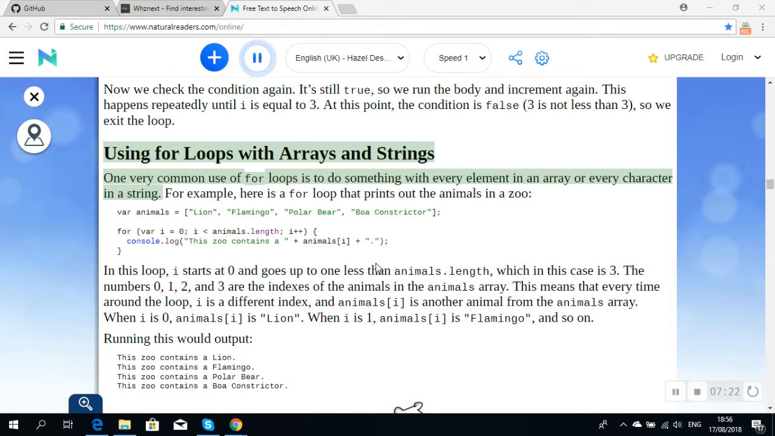Using for loops with arrays and strings. One very common use of for loops is to do something with every element in an array or every character in a string. For example, here is a for loop that prints out the animals in a zoo. var animals = ["lion", "flamingo", "polar bear", "boa constrictor"];